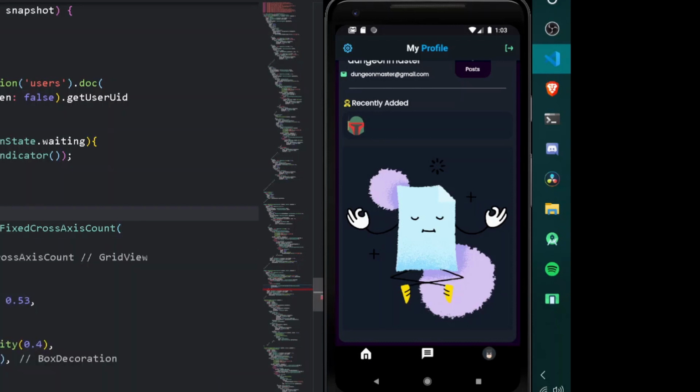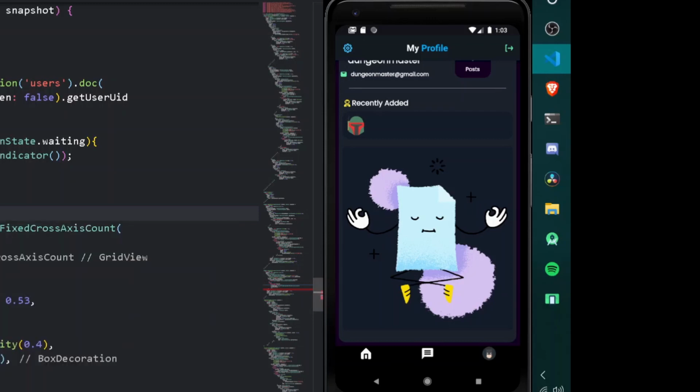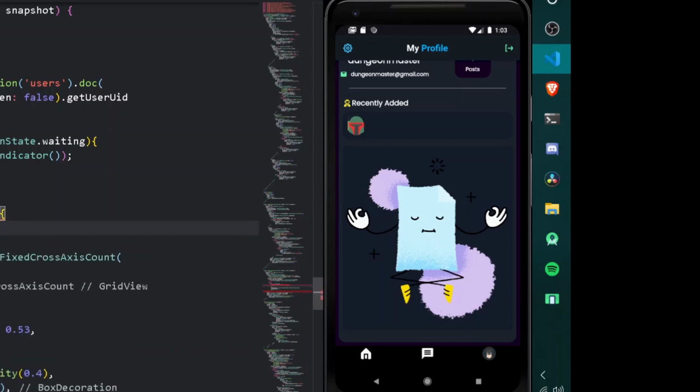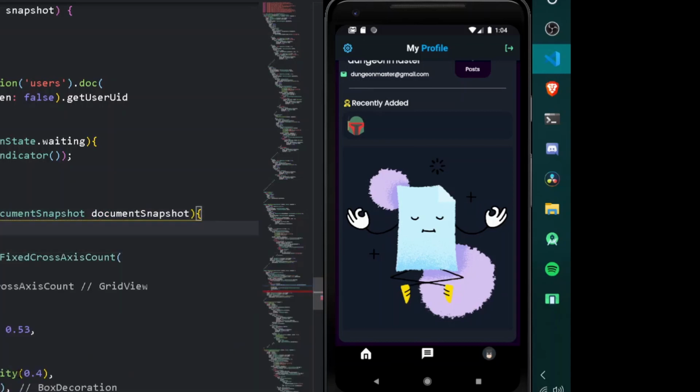So here once we have provided this, we shall be having all of the children. So under children I can have snapshot.data.docs, and from this let's map the particular query snapshot under a document snapshot. So for that let's have a toList, and here instead of having a dynamic key I shall be having a DocumentSnapshot, and here I shall be simply returning a container.